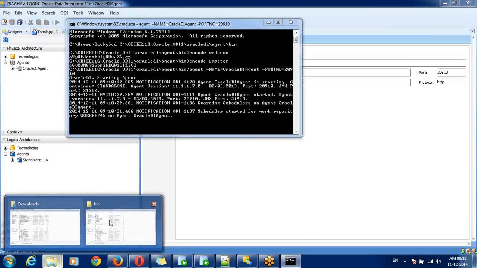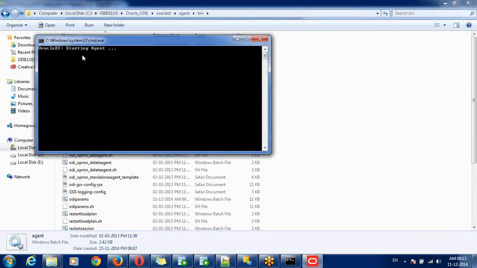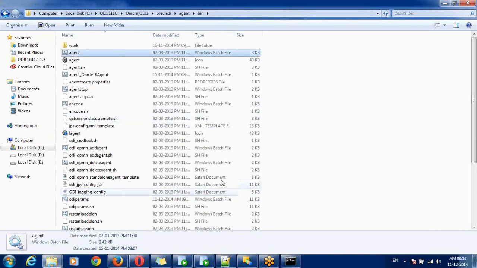You can start the agent by one more method: there is a batch file. You can click on it and it will start the agent.